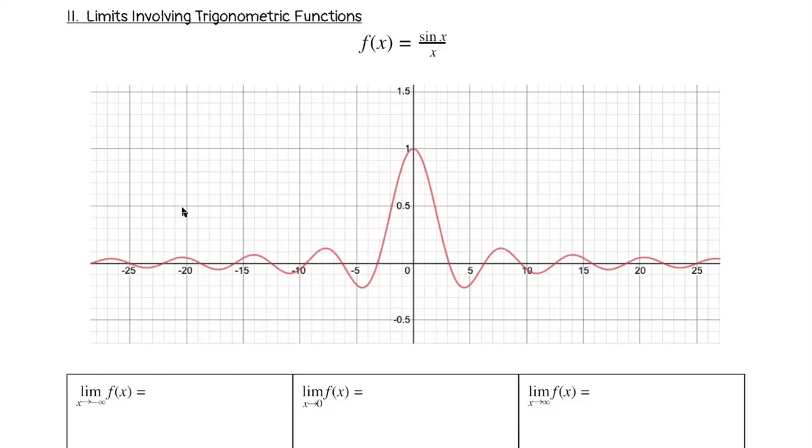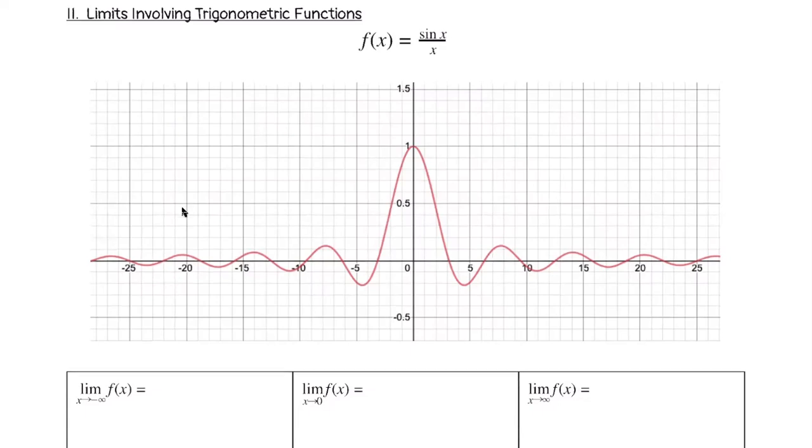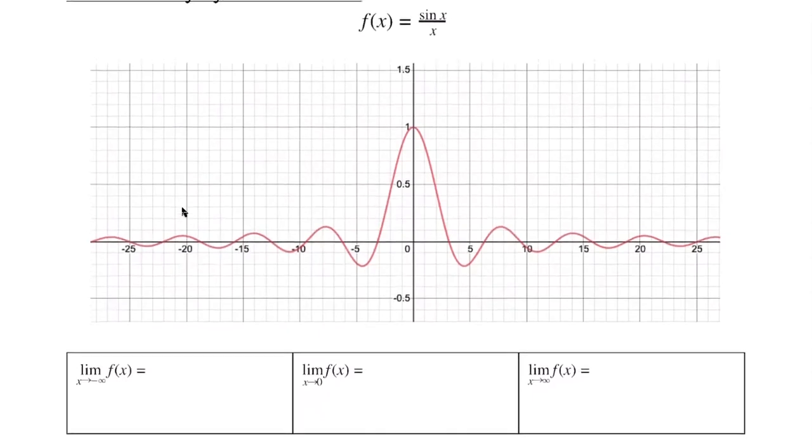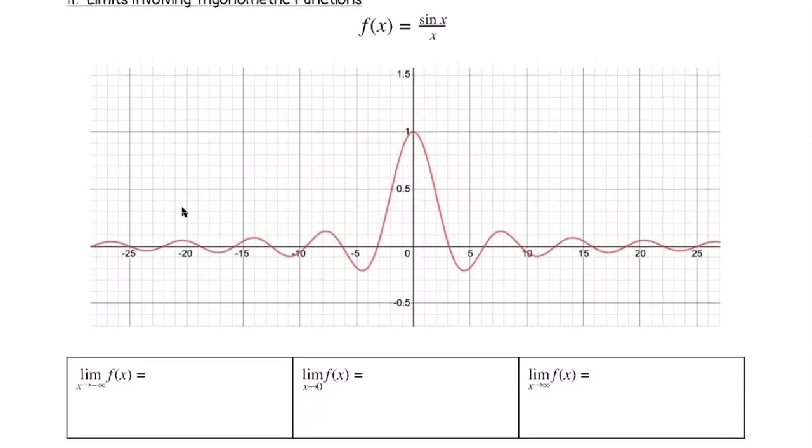Okay, so let's take a look at this graph here. So I've gone ahead and gone into Desmos and plotted f of x equals sine x over x, okay? And when you graph that, you should get something that looks like this, okay? And so my question for us is this: as we look at this picture, just from the picture and what